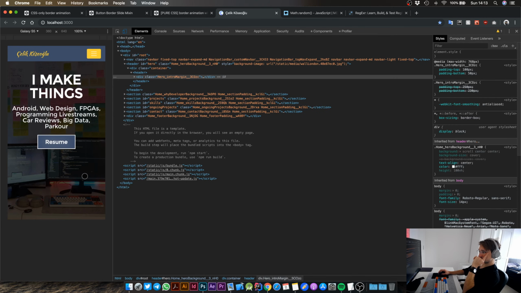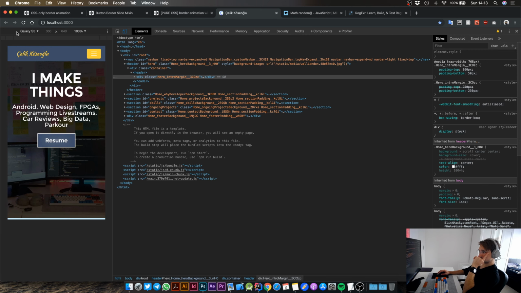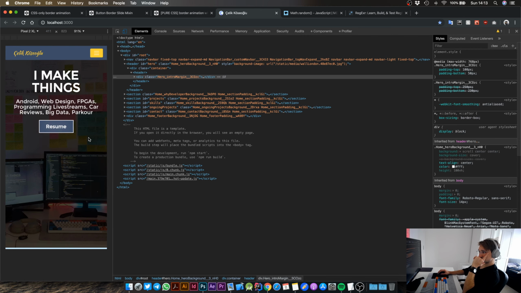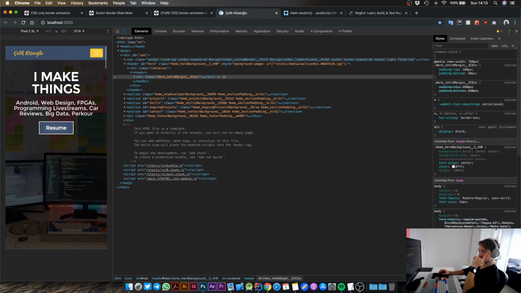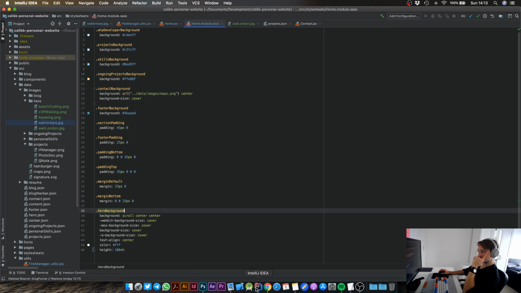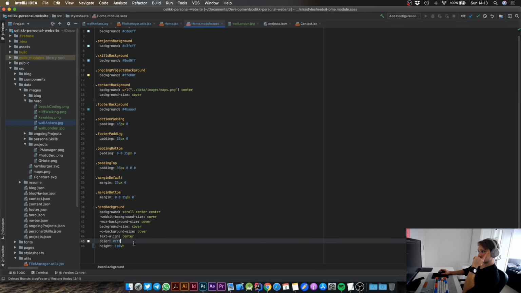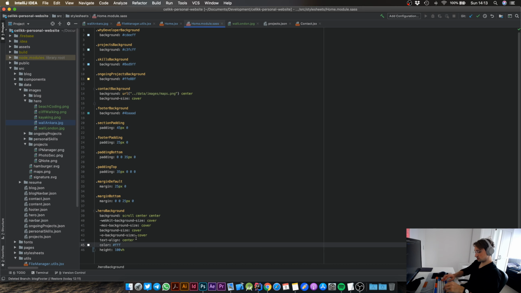Let me try this on a mobile phone. Let's try Pixel 2 XL, which is a super tall device. Yeah, I'm not sure if I want this behavior in here. So rather than doing that for the mobile version, let's use our